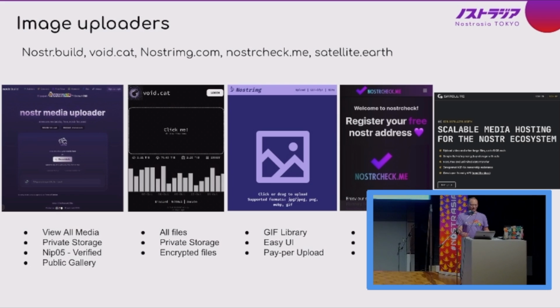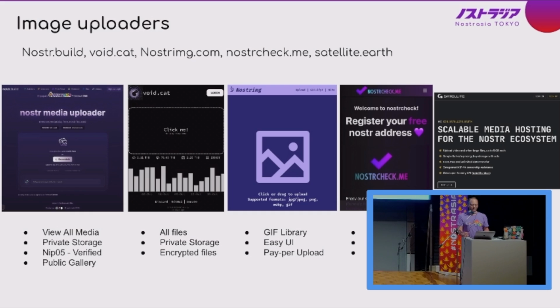Having an option to upload your image to wherever you want is almost just as good, right? Most of the apps that I've talked about and that I'll talk about give you an option. Damus uses Nostr.Build for the back end, but they also use Nostr Image. So if you don't like Nostr.Build, you can switch it to Nostr Image. The same goes for pretty much most of the apps. You can choose what uploader you want, and if it's not built in, you can always go to that uploader, copy the link and paste it in. And even besides that, you can build your own image uploader. If you don't trust any of these guys, it's very simple.